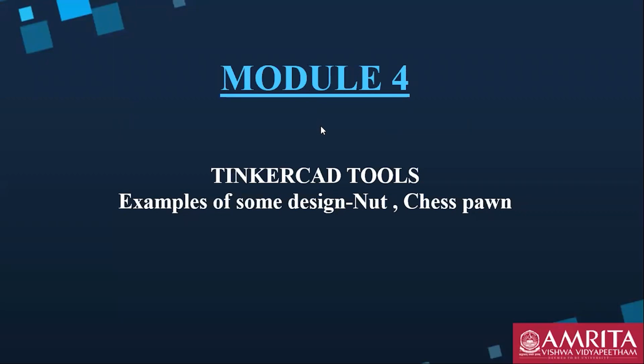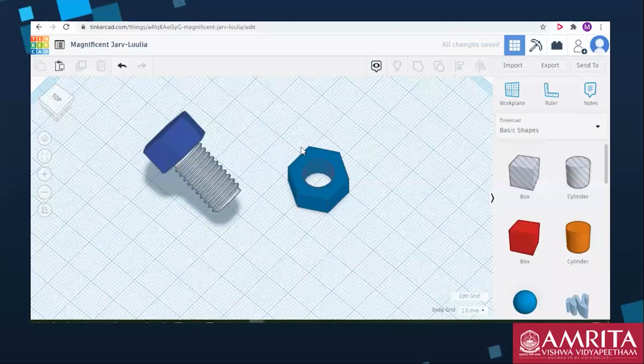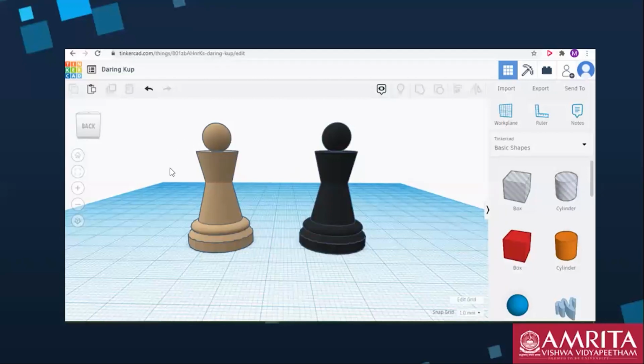Yesterday, we learned about the interface of Tinkercad. Now, I found that some of the students have difficulty with some of the tools like align, grouping, ungrouping. So first we will do that and then we will continue to make the nut of this project. We have been left with completion of this nut, and next we will move to drawing this chess